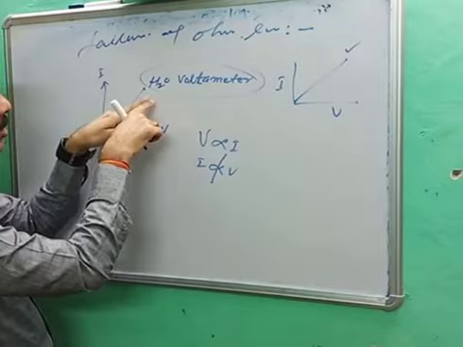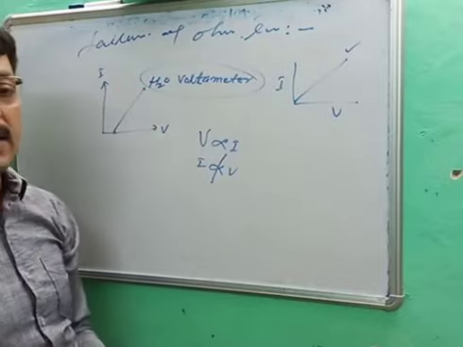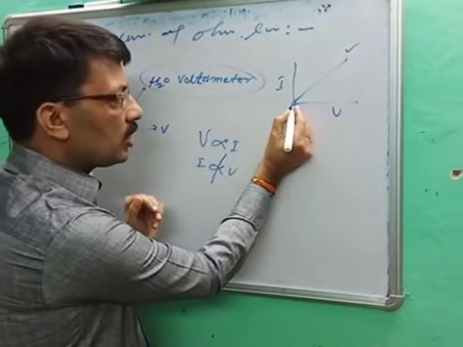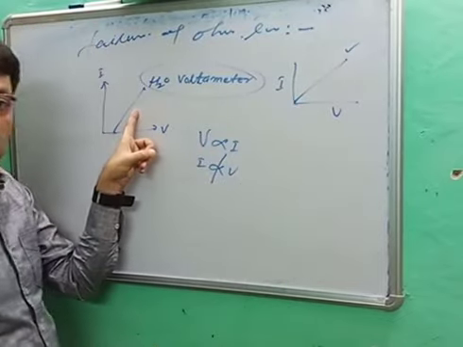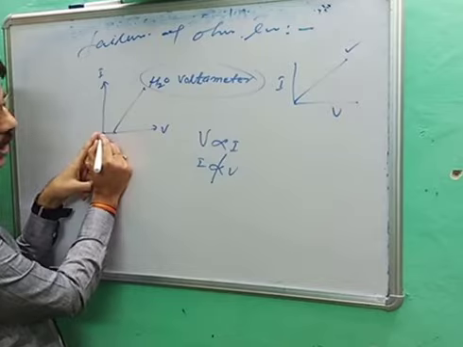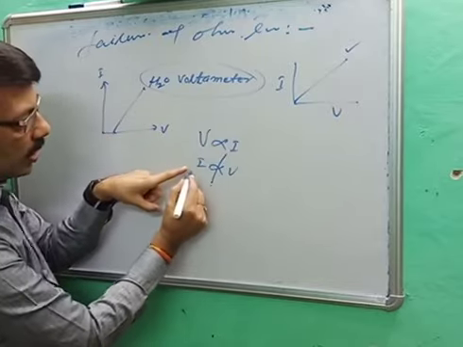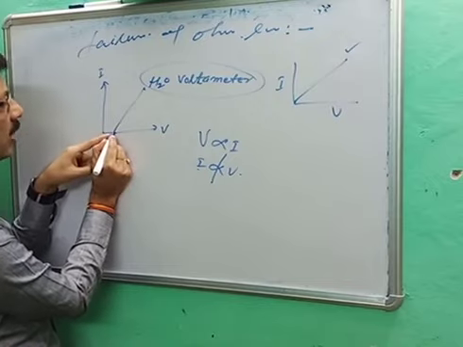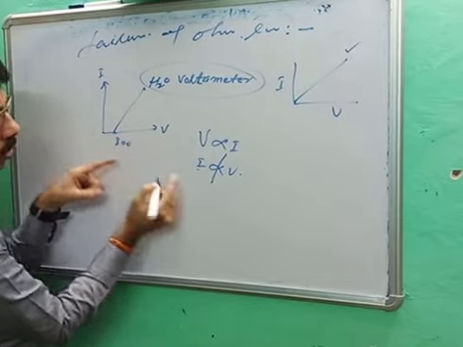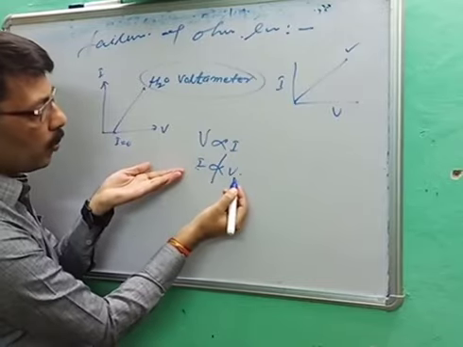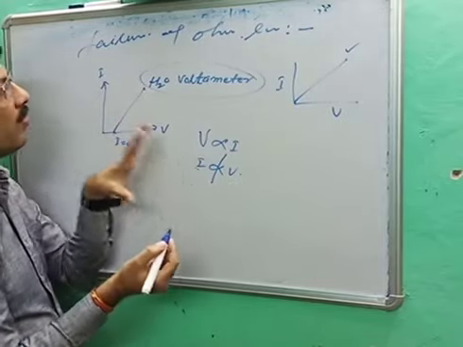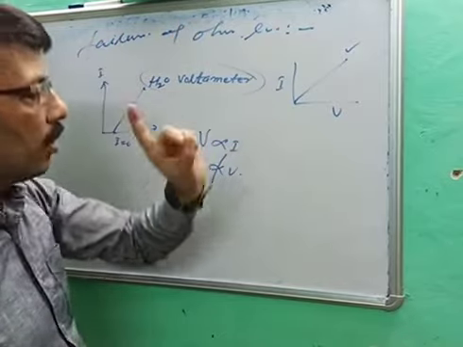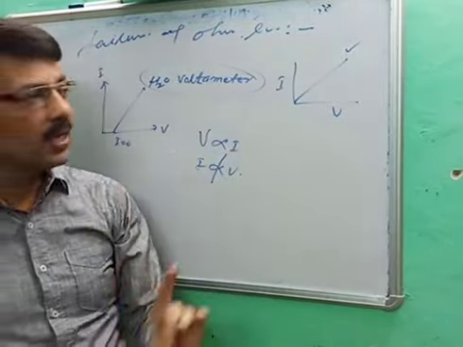So this is the failure. This is called failure of Ohm's law. It means we have to get the graph starting from the origin. Here we are getting a straight line, but it does not start from the origin. It means it will not follow the condition I proportional to V, because we have increased V that much, still I is equal to 0. But we know that I should be proportional to V. It means Ohm's law will not be valid here. This is the first failure of Ohm's law, because the restriction for verification is there.